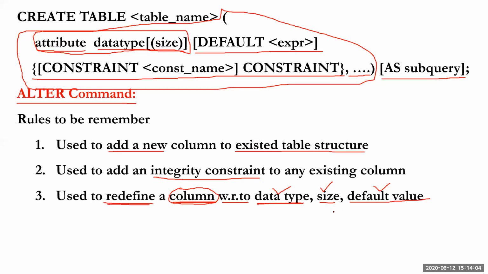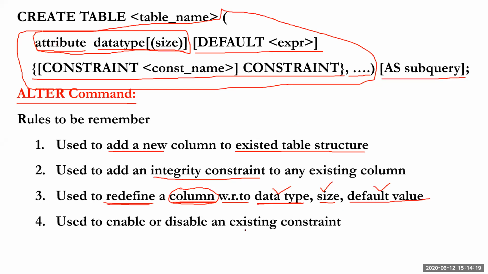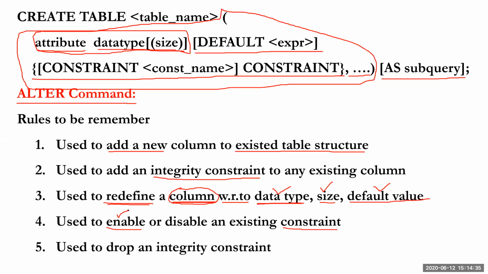But while doing this operation, you must remember one thing here. I'll show you while executing something using the SQL prompt. The next point to remember is, if any constraint is defined by you, that constraint may be enabled. By default it is enabled, but you may put that constraint in enable form, otherwise in disable form. These two could be done.